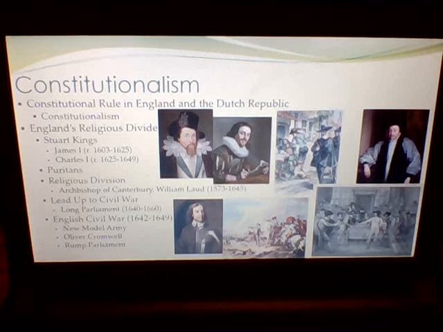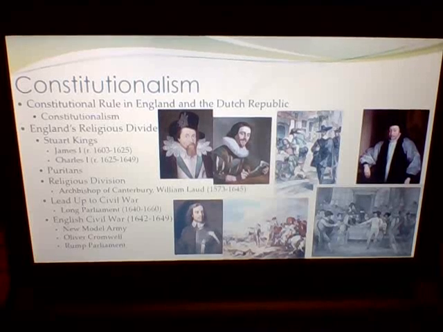So his son, who takes over as king in 1625, is Charles I, and he's the guy we're more concerned with, and more than likely the one you're going to see more questions on a test about, because he's the king during the Civil War. Charles I was even more against the constraints that Parliament presented to him, because he believed even more strongly in divine right, and believed that he should basically work his way to become this absolute monarch of England.